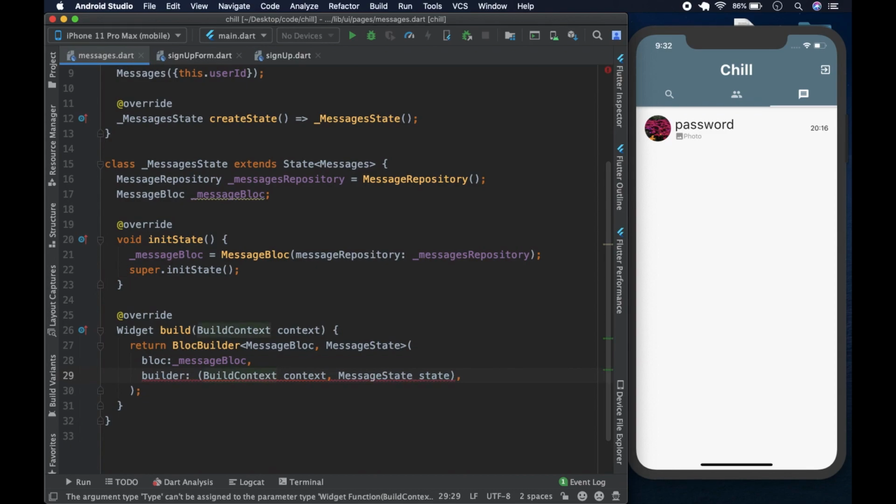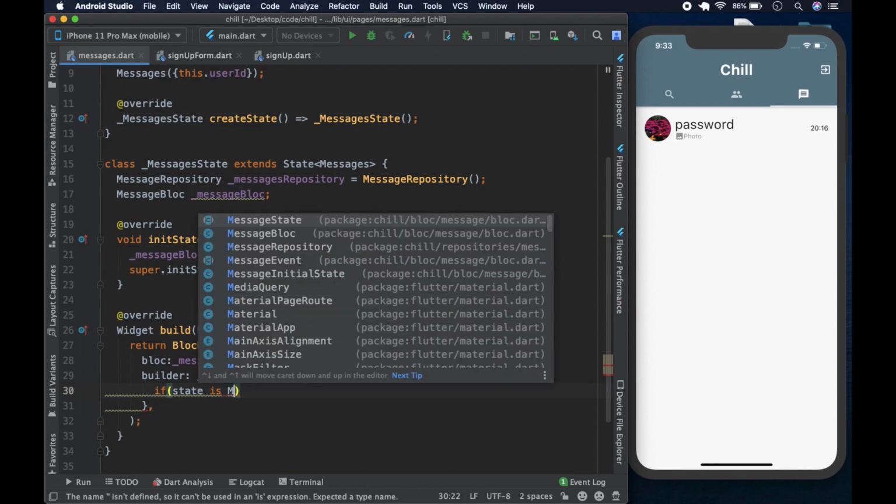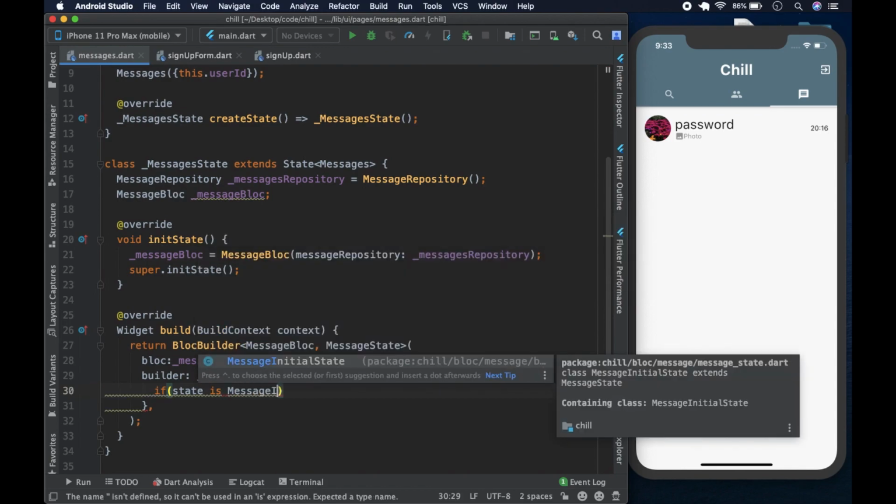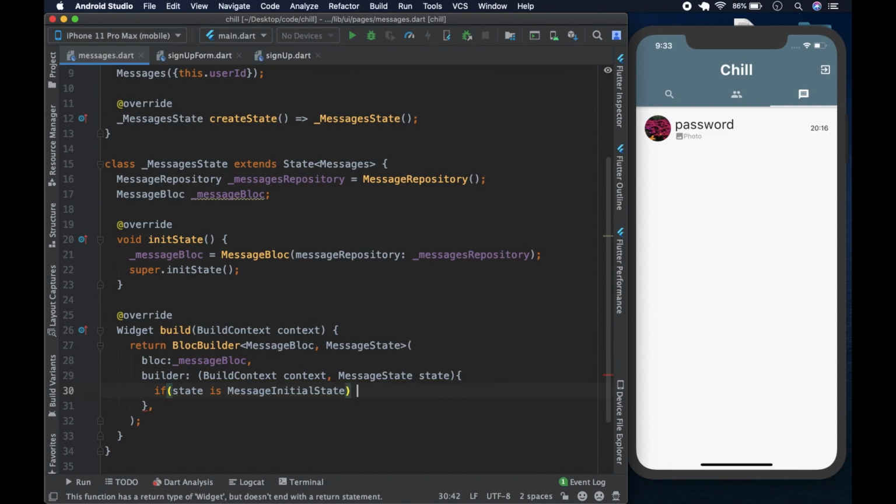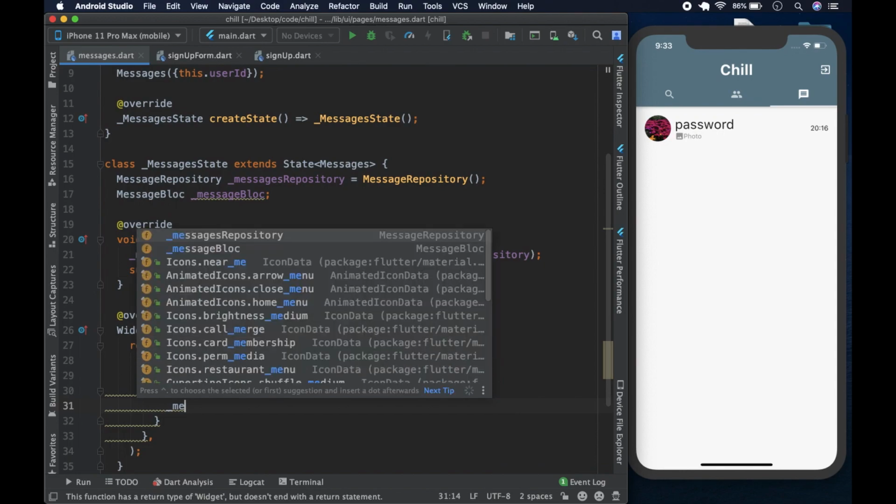Right, and after this, remember BLoC builder builds widgets depending on the state. So the first thing we could say is if state is message initial state. No, this is wrong. It's supposed to be curly braces, like so. And we are going to get the message